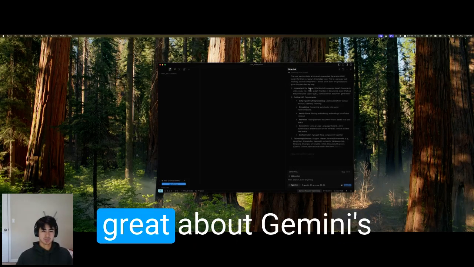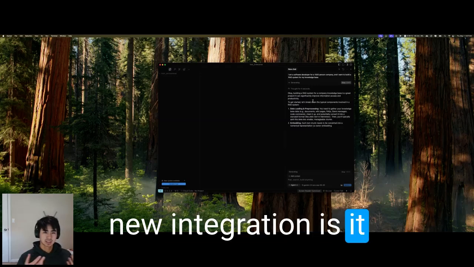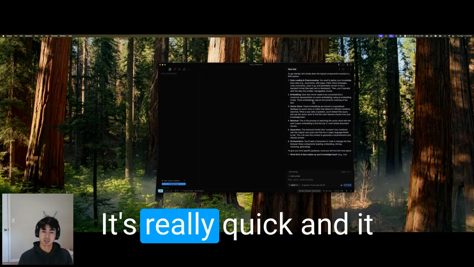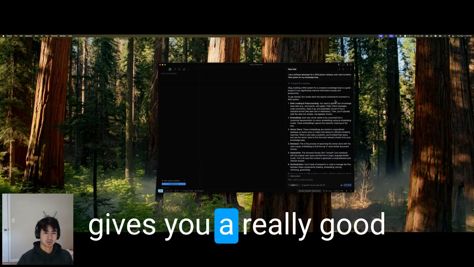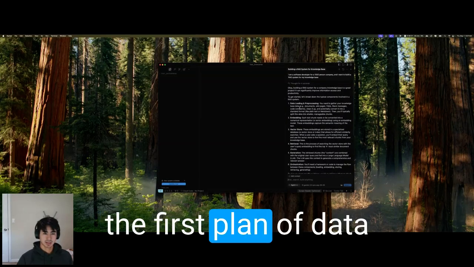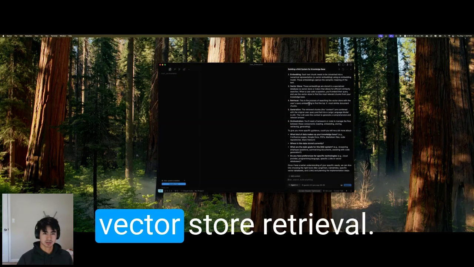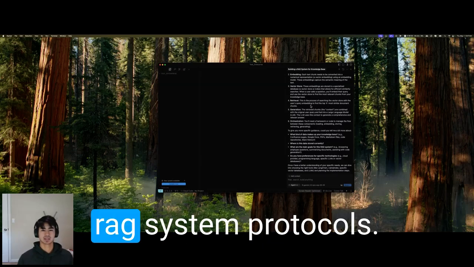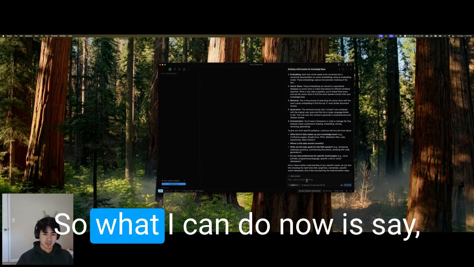So what is great about Gemini's new integration is it tells you how it thinks. It's really quick and it gives you a really good plan on what to do. Since now I have the first plan of data loading, embedding, vector store, retrieval. These are very standard RAG system protocols. So what I can do now is say,